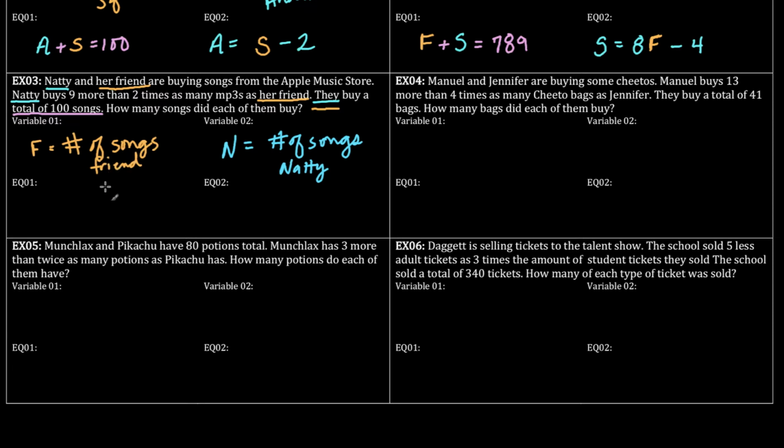All right, so we said that Natty buys 9 more than 2 times as many MP3s as her friend. So the number of songs Natty has equals 9 more than 2 times the number of songs her friend has. And we know that together, her friend's songs plus Natty's songs